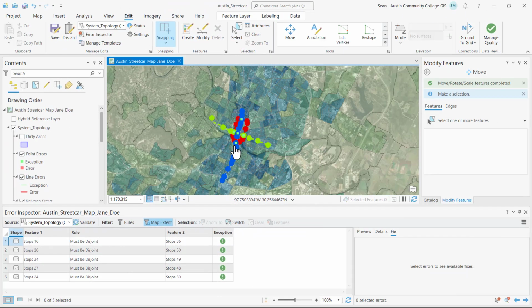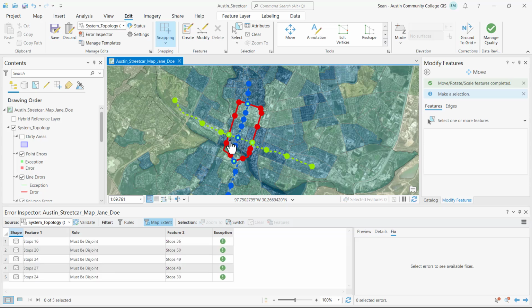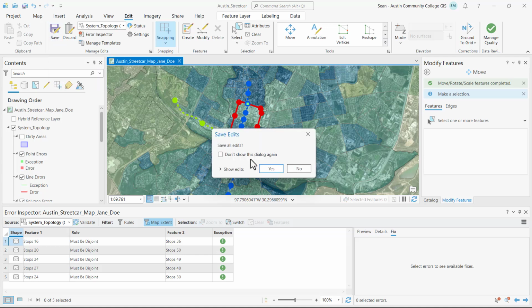All right, at this point, I've resolved all of my geodatabase topology errors, and I can see that reflected in the map view, where the only point errors are symbolized as green exception. I can also see it in the error inspector table view, where all of my errors are listed as an exception. And if I click validate just to confirm, I can see I've got 5 exceptions, and that occurs at the 5 intersections of my routes where I have coincident stops, which I want, so I mark those as an exception. I'm going to go ahead and on the edit ribbon, click save to save any edits to my underlying geometry,